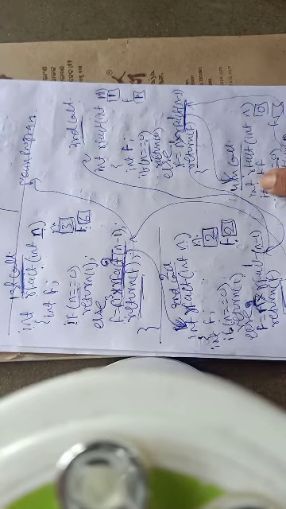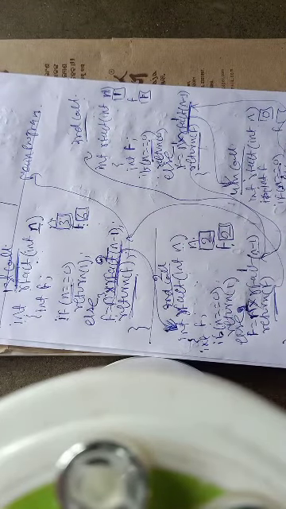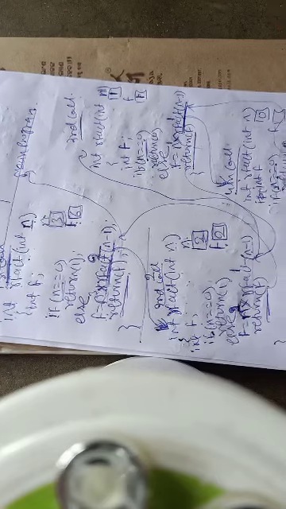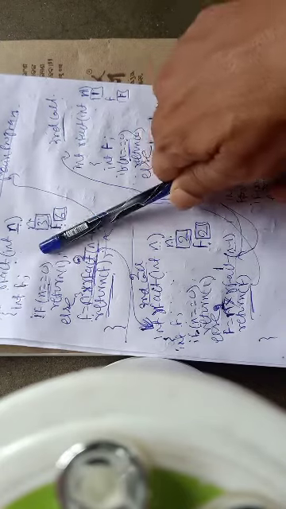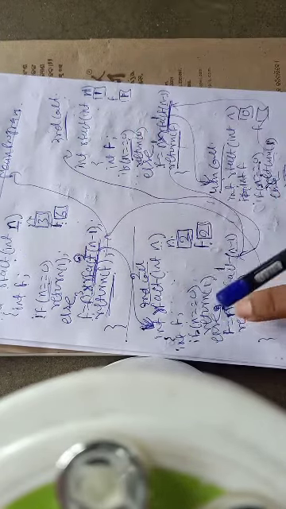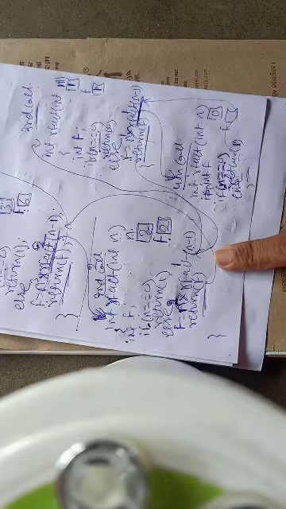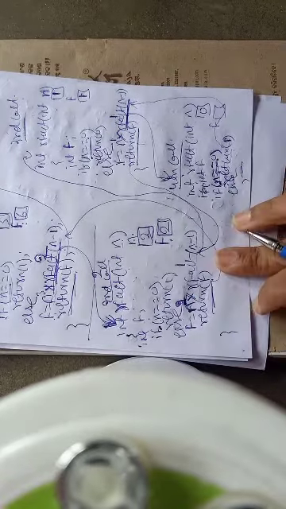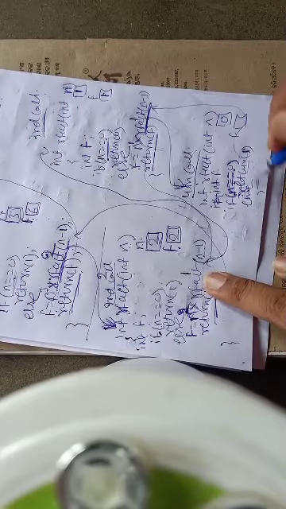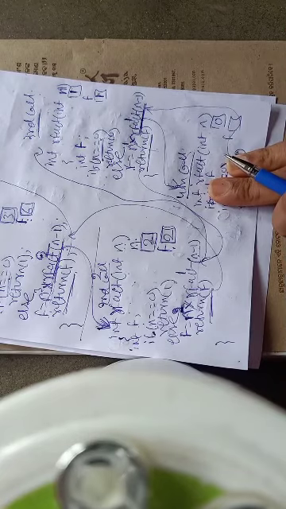Fine. Now tell me, when the recursive function executes, which call will terminate first? Definitely the call which is at the deepest level. See, this one is the first call, from here we call the second call, from the second call we call the third call, and from the third call we have the fourth call, and in the fourth call my exit criteria has been satisfied. If you follow the last video you can understand what the exit criteria is. This is the exit criteria. So when the exit criteria is satisfied, this function will terminate first.